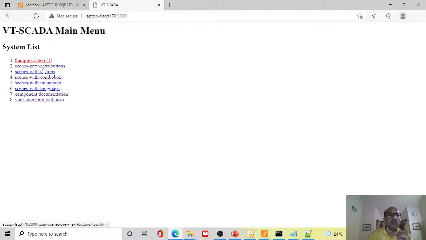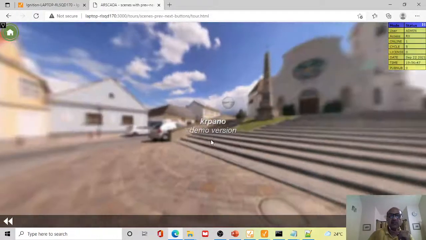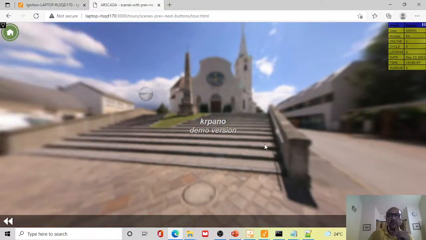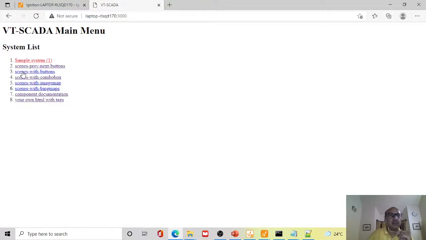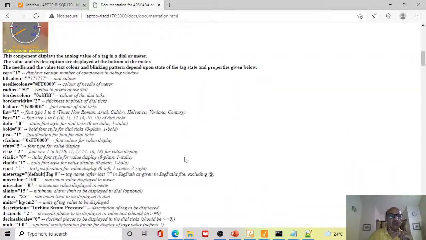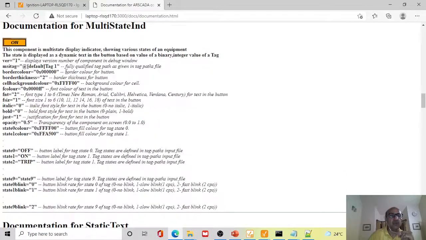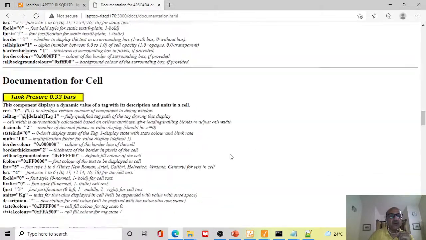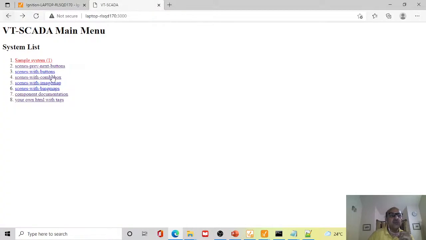But some of the virtual tours need not have any database. It can be just a plain virtual tour, for example, this one doesn't have any of the display parameters. It just lets you take a virtual tour, and some of the pages can be static HTML. So this is just an HTML page. For example, this is documentation for the component, how to configure them. It's explained in a separate video. So this way you can define your virtual tours or static HTML pages or virtual tours without any display parameters,